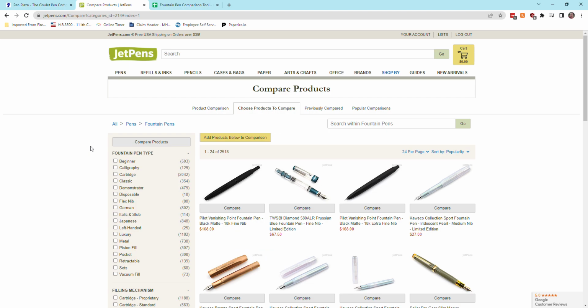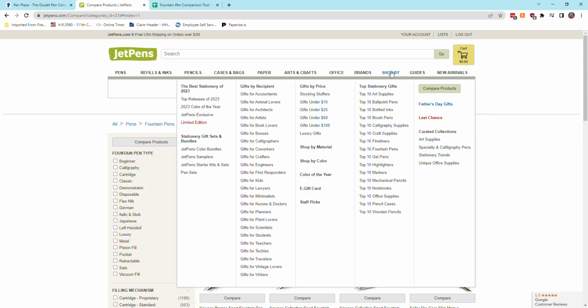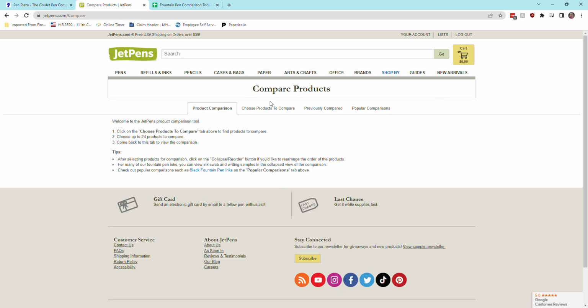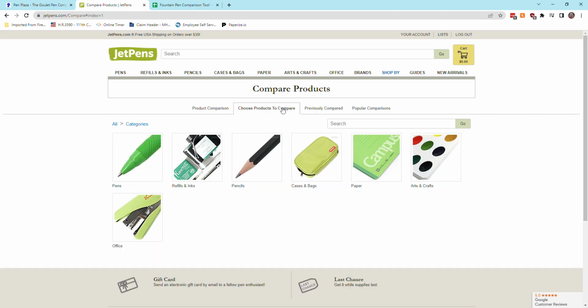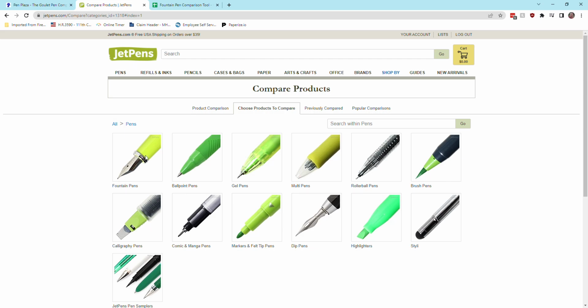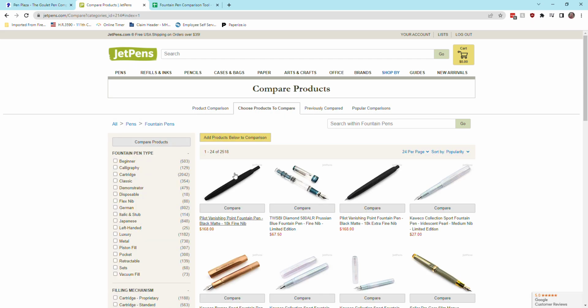So with this tool, you go to JetPens, and then you go to Shop By, and then Compare Products. Once you go to Compare Products, it's telling you how to do this. So you can compare up to 24 products. You can click here, and for this, we want to look at pens, and then for subcategory, we can do fountain pens. What's really cool about this comparison tool,